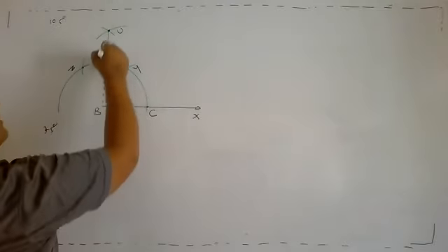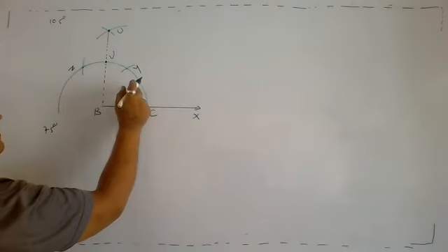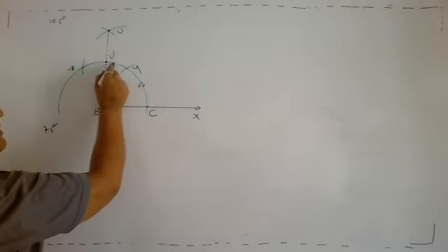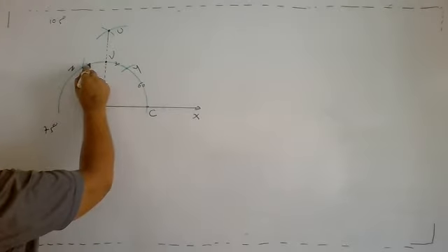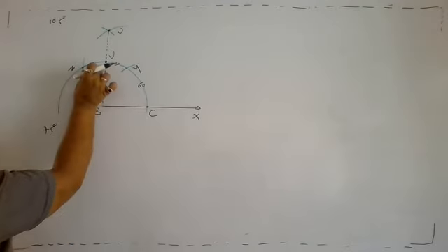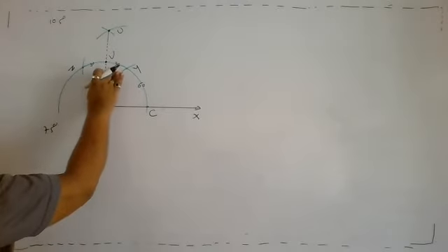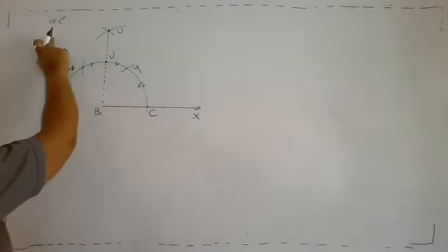This way, here we can say it is V. Now if we consider this is 60 degree, this is 30 degree, this is 30 degree. Now if we make half of 30, it is 15. So 60 plus 30, 90, 90 plus 15, 105.